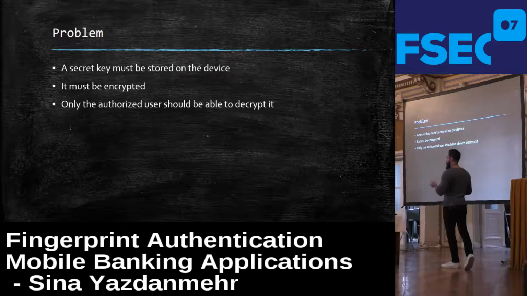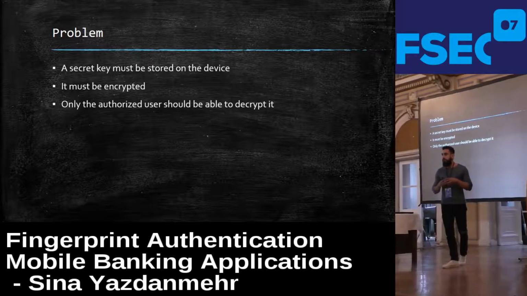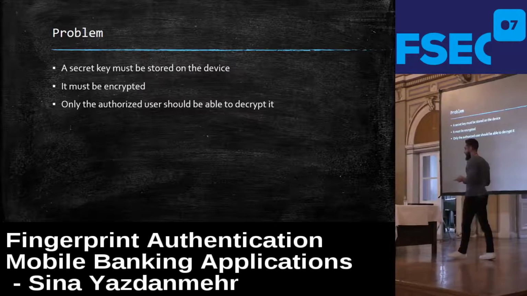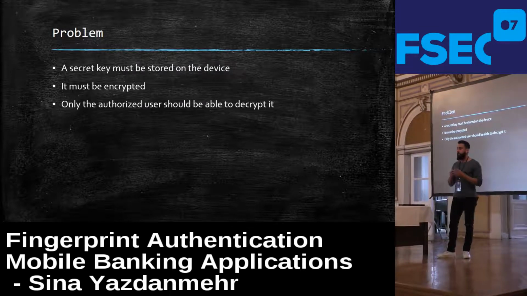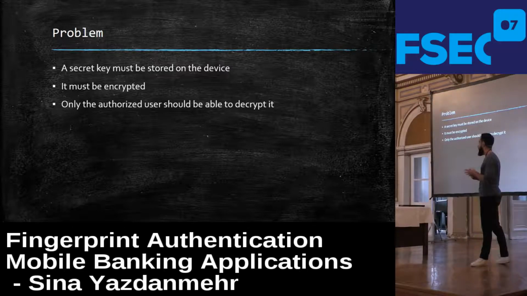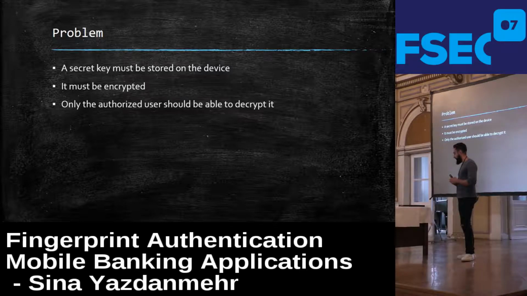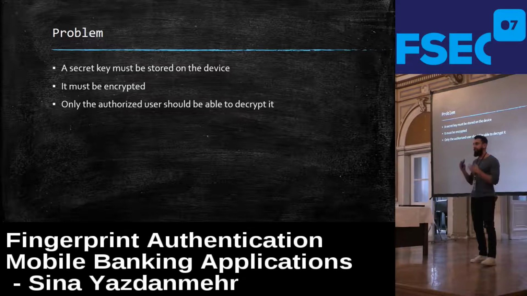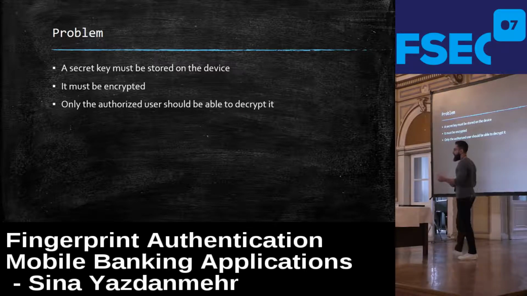But in order to generate an OTP, the mobile application needs to use a secret key, which is common and shared between the server app and the client app, in order to generate a one-time password. This secret key is the most important thing in a mobile banking application, of course, because if a third party can access the secret key, they will be able to generate a valid OTP and authenticate to the system